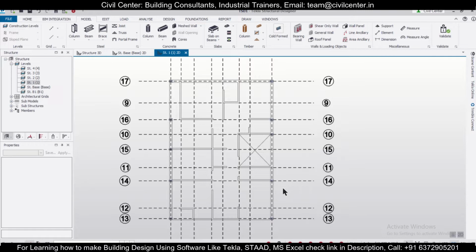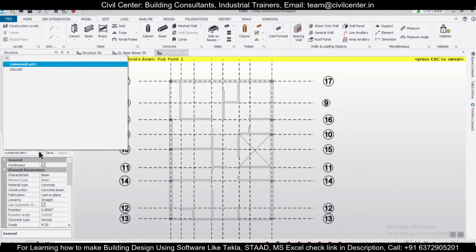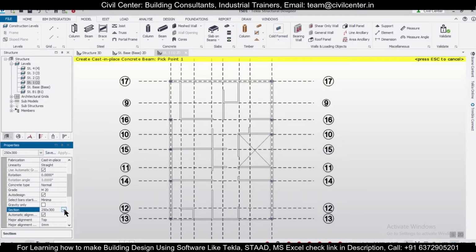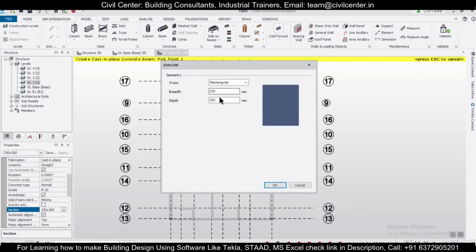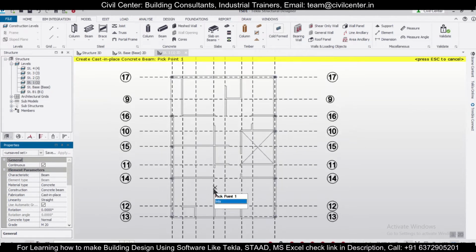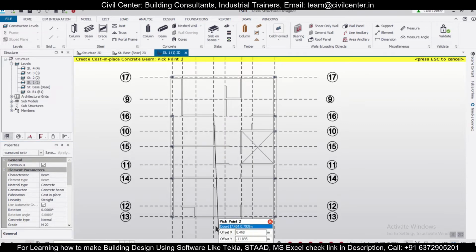We'll just zoom it in, and we'll place our columns and beams. So first of all, we'll go for our secondary beams, and then we'll go for our primary beams. We'll take this particular size, but here we'll take a larger size. Let's go with 250 into 350 for this. First of all let's go to 350. After that, if it's not passed, then we'll go for the higher size. So for this, let's give a beam from here to here,